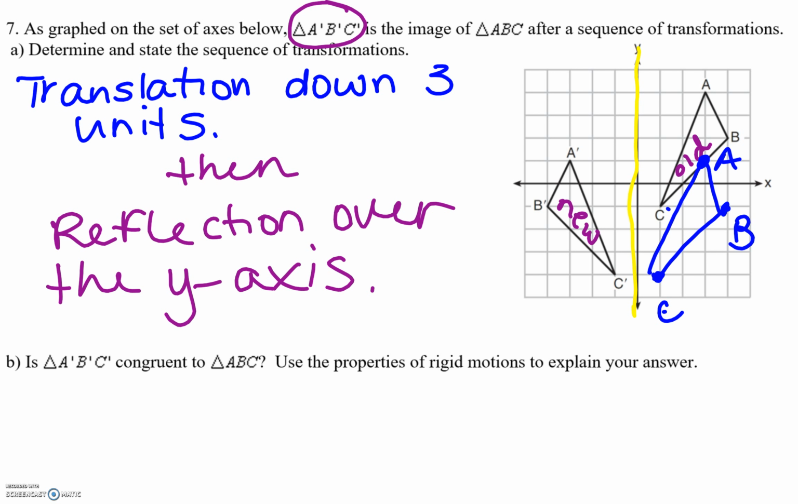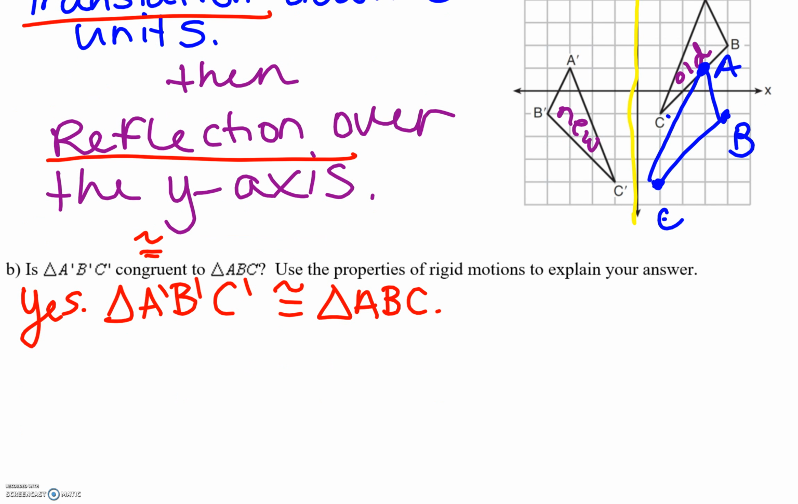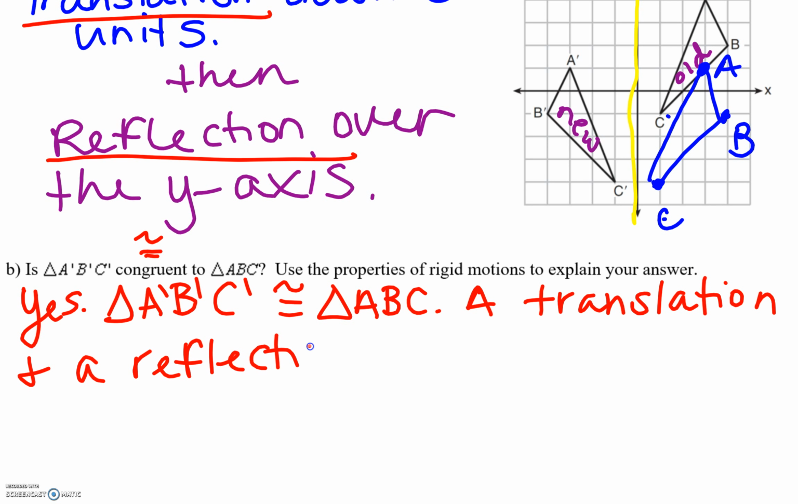Now let's look at the second part. Is triangle A prime, B prime, C prime congruent to triangle ABC? Use the properties of rigid motions to explain your answer. Yes. Triangle A prime, B prime, C prime is congruent to triangle ABC. The reason is that a translation and a reflection are rigid motions